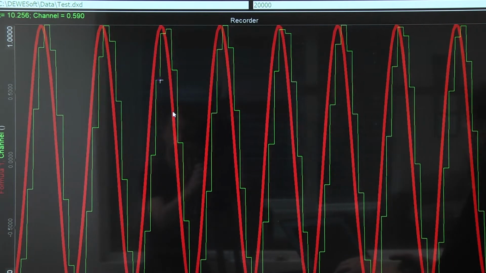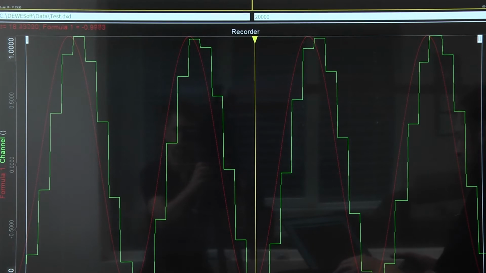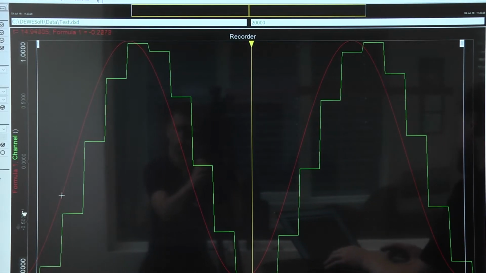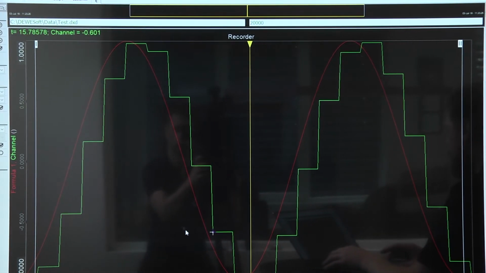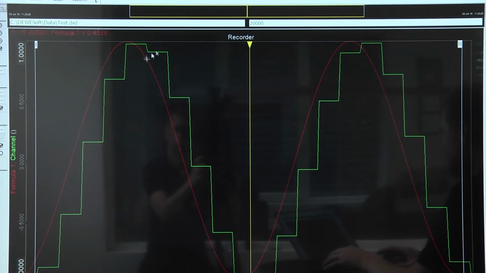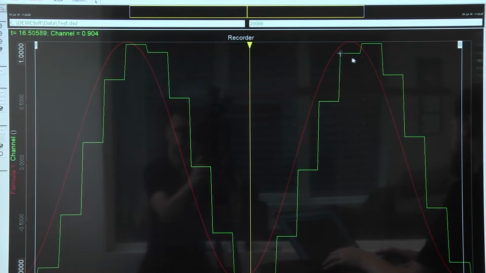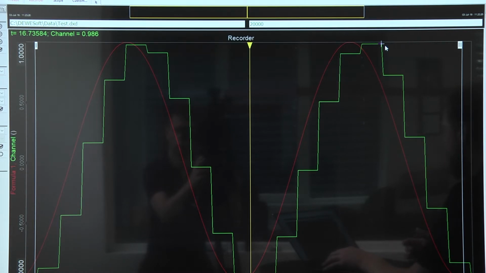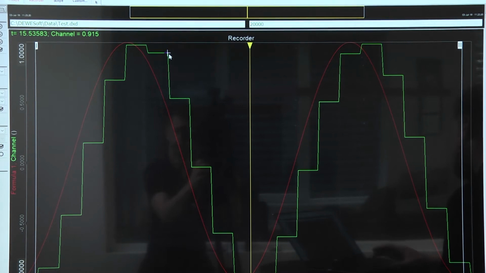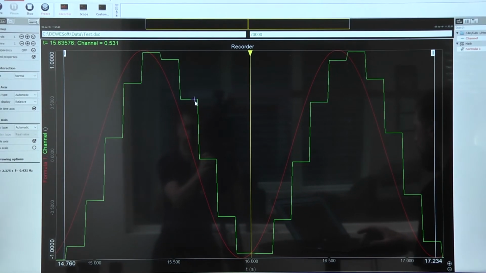If you add a single axis, now we can see with the red color the signal we have created, which is a nice sine wave. And what we are receiving is this green chopped up signal. So this is basically the CAN signal that we are receiving, and you can see that there is a huge difference in the signal. This is because we have in Dewesoft an acquisition loop which runs with a certain period,